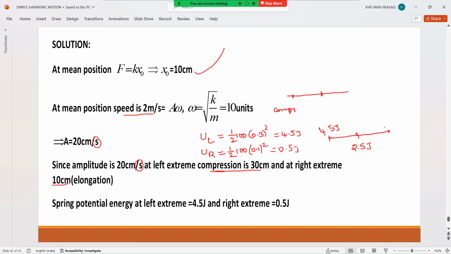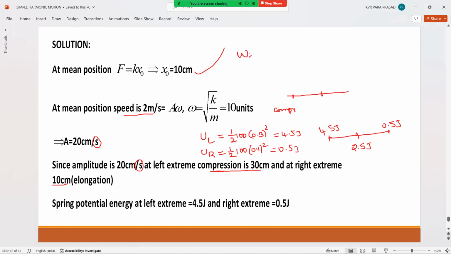Right extreme it is 0.5 joule. If you observe from left extreme to right extreme, mechanical energy of the system is decreasing. And if you take from right extreme to left extreme, mechanical energy of the system is increasing. And see why it is like this. I will explain here. See, we are knowing that